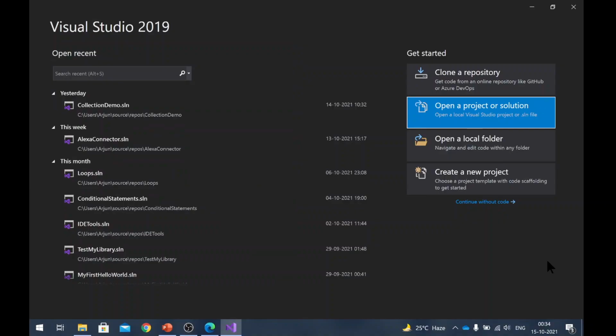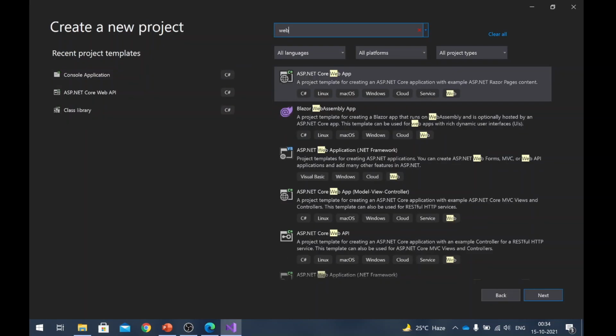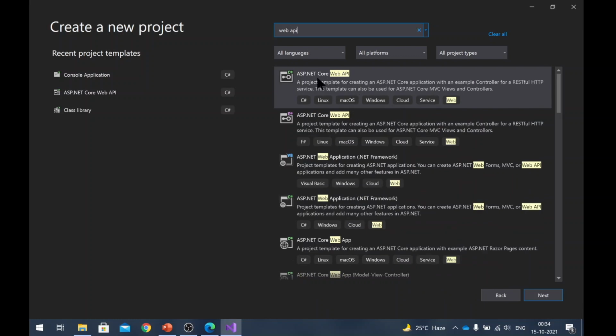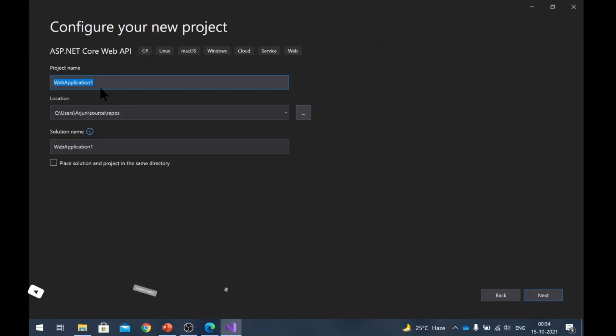So now to the C# backend, we first will create a new project here. From the template, we will type on the top Web API. Then it will give you an option ASP.NET Core Web API. We will select that and then hit next. Here in the name of the project, we will say Alexa